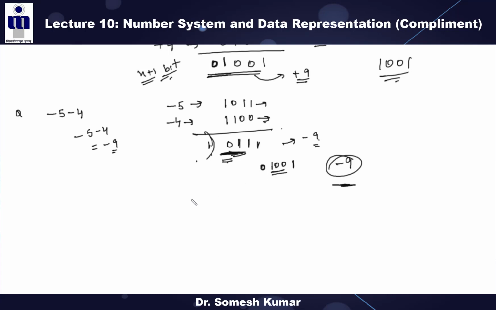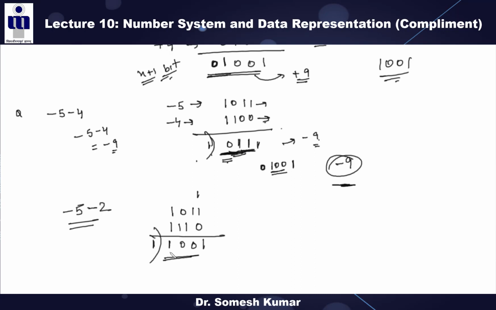Now please try to understand what I say. This is minus 5 minus 4. Now go to minus 5 minus 2. Now it is clear. What is the difference between these two? Minus 5 minus 2, we already gave this example. This is minus 5. This is minus 2, right? And what is the answer? 1, 0, 0, 1 and this 1. Right? This 1 is discarded and we have to take the 2s complement of this. Now tell me, what is the difference? Tell me.